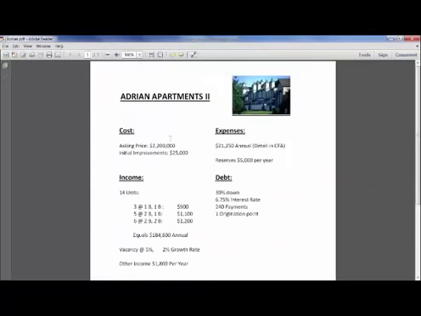And I have a real sample deal, Adrian Apartments 2, and I just pulled out some numbers so you can kind of see it at the high level. We have an asking price of $2.2 million with some initial improvements of $25,000. This is a 14-unit complex, and here's the breakout: 3 units with a 1 bed and 1 bath, 5 units with 2 beds and 1 bath at $1,100 a month, 6 at 2 and 2 at $1,200. And of course, the math that the software will do for you tells you this is